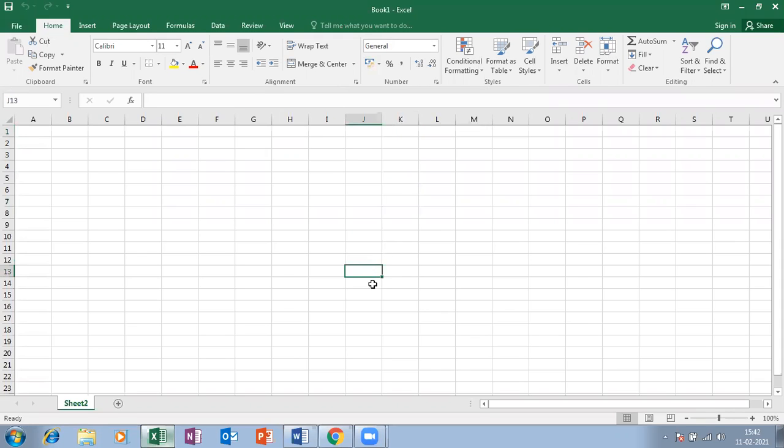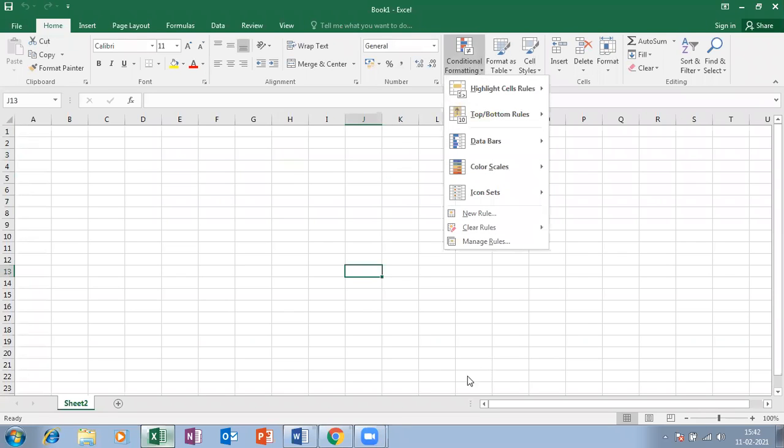Okay. So now let me start with conditional formatting, so we are nearly at the end. Let's give an introduction about why we have to use conditional formatting.